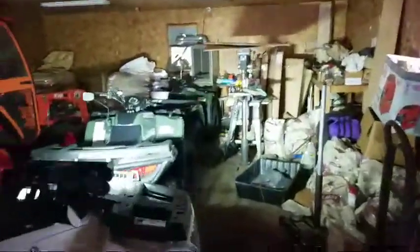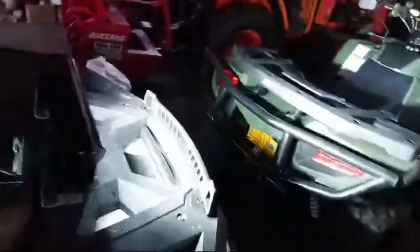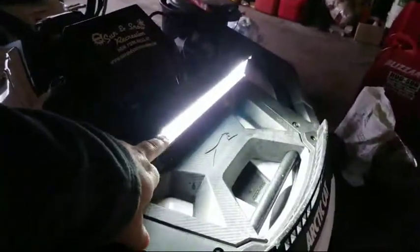But she is a pretty bright light. I'll kill the overheads here. And even during the daytime, it lights up pretty damn good. And that is a spot and flood, so it's omnidirectional on the sides. It gets blacked out a little bit by my rack extension here on the front, but that's why you got your headlights. However,